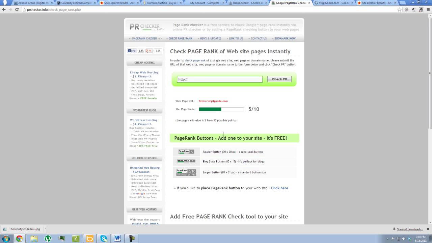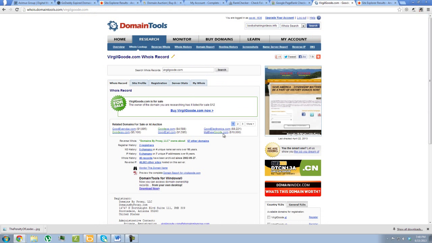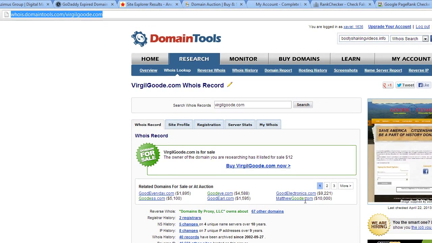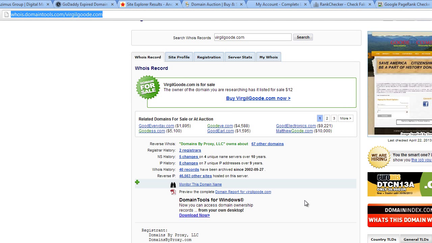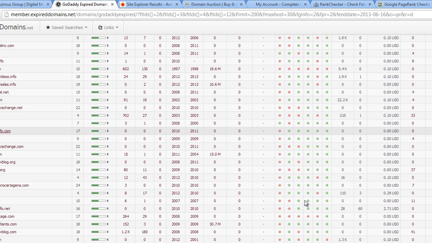And then the last step is to check in WHOIS .sc, and you just check and make sure it's not dropped. So in parentheses here it could say it was dropped. And then once all these are good, you're good to go. You go back to here, and then you actually click on the domain. The auction will pop up in GoDaddy, and you'll just bid. To sign up for GoDaddy auction sites, I think it's only $4. So you just sign up, make sure your account is good, and then